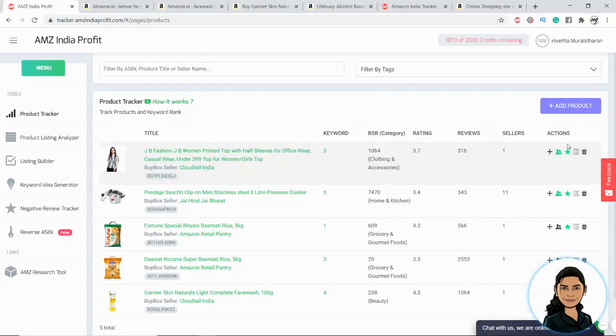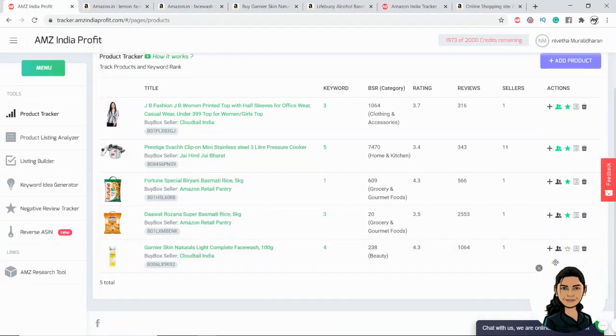Many would be looking for this, and in case your brand is registered on Amazon, and in case you are not able to monitor your listings, you can simply add all your products here, and you can just check your email for hijacker alert. And next is the negative review alert. In case any customer is leaving you a negative review on your product, once this is enabled, you will get an email. Okay, and this is for product variation, so we can ignore it.